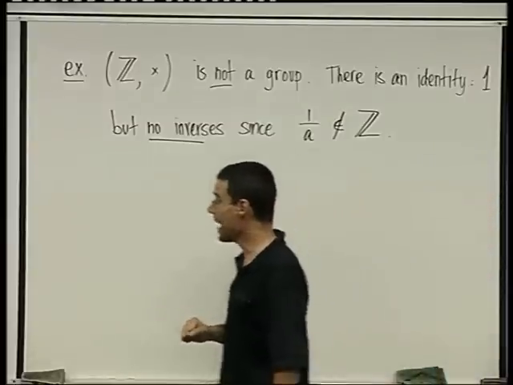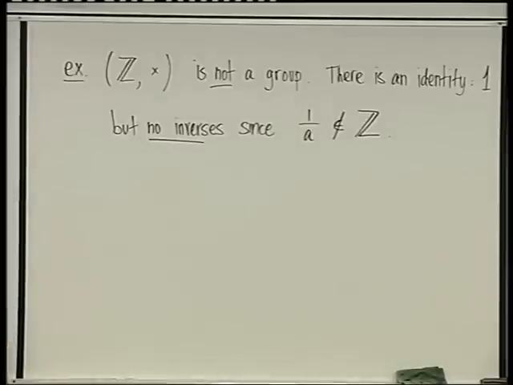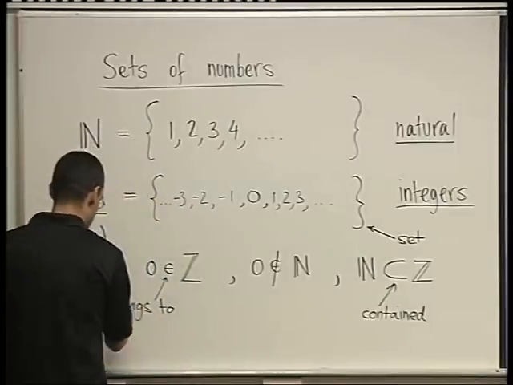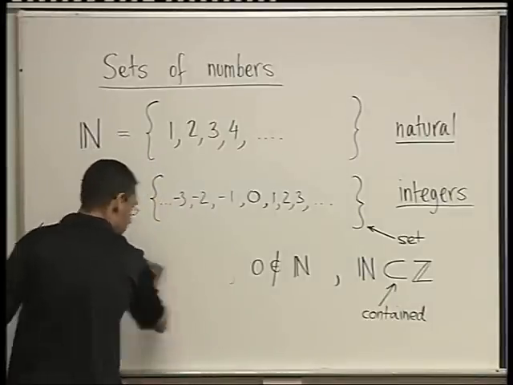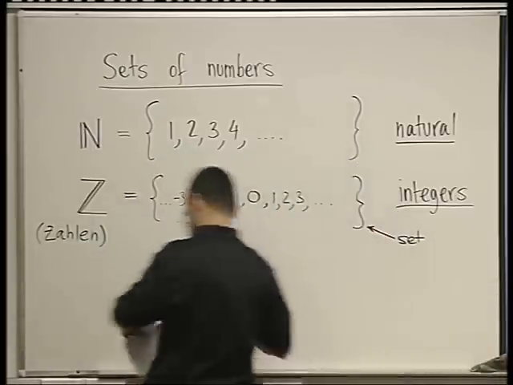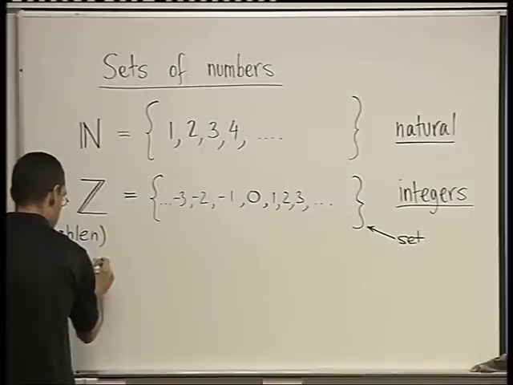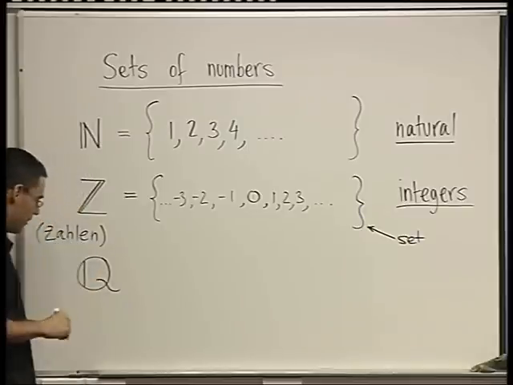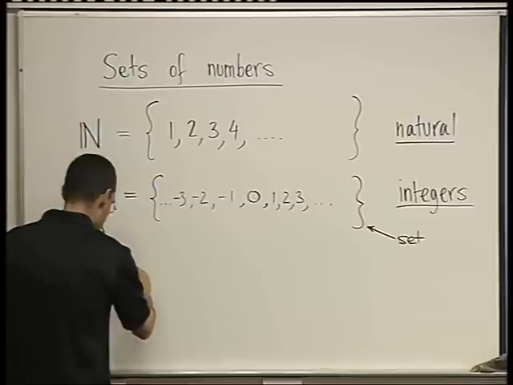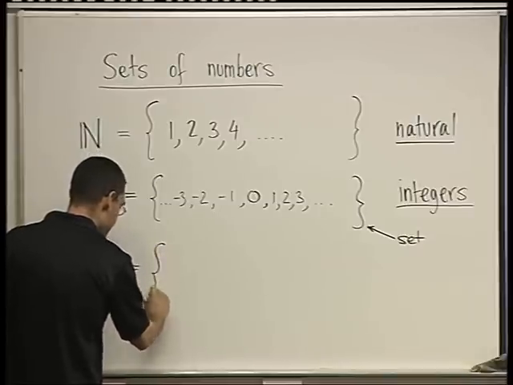So let's go back to this board and write down the rational numbers. Add them here to this list. So the next set of numbers, denoted by Q, with a double leg. Well, Q doesn't really have legs, so we just double this circle-ish part of Q. And Q is the set